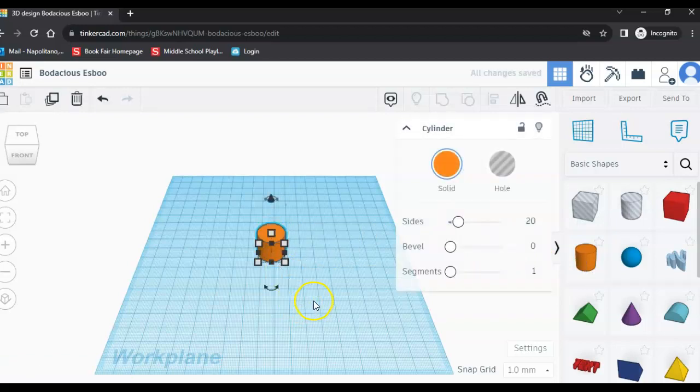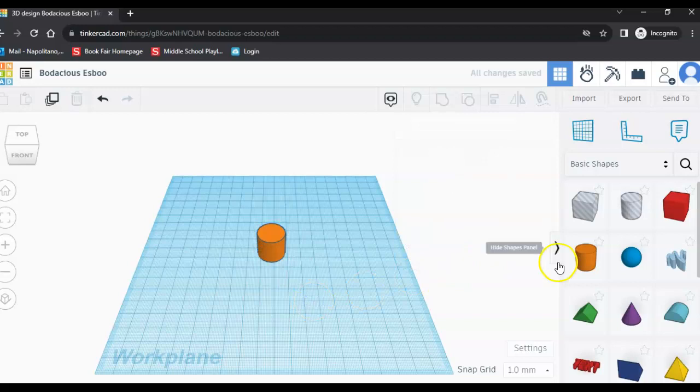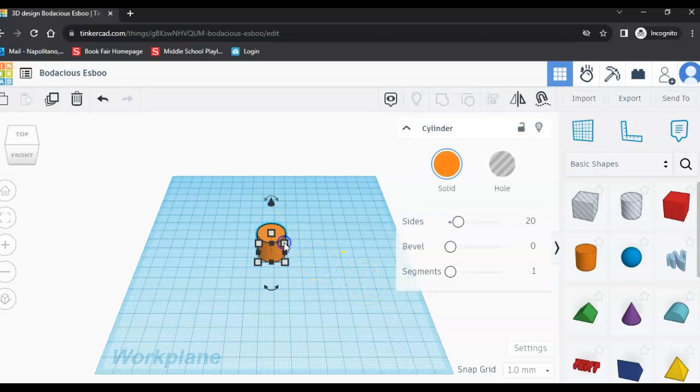Now I should note that I am using a mouse, so I'm left clicking on my mouse and dragging it over. Now when I click on an object, this box pops up. This is called the dialog box. It tells me that this is now a solid. And then there's also this option called Hole, which means that if I were to have an object selected, and